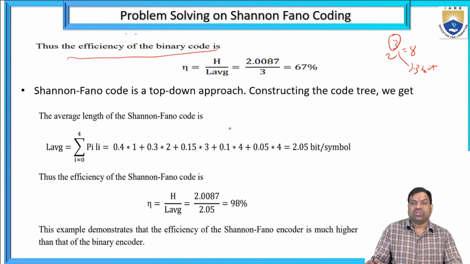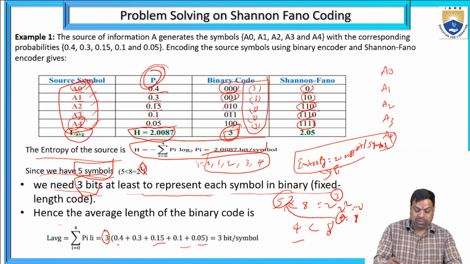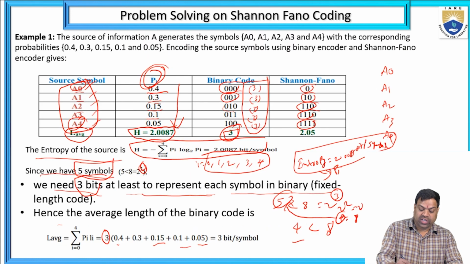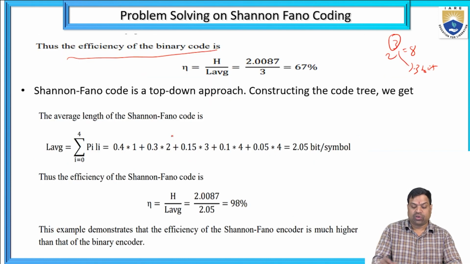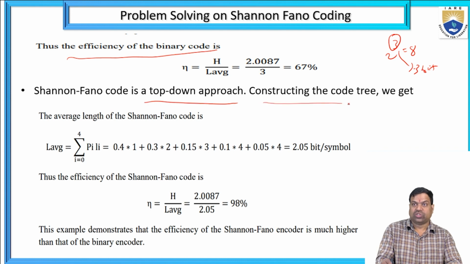Okay. So Shannon Fano coding is a top-down approach. Constructing the code tree we get. If you are going for the top to down approach, why? Because you can see here the decreasing order 0.4, 0.3, 0.15, 0.1, 0.05. So from increasing to decreasing, that is the reason we are going for the top-down approach to construct the code